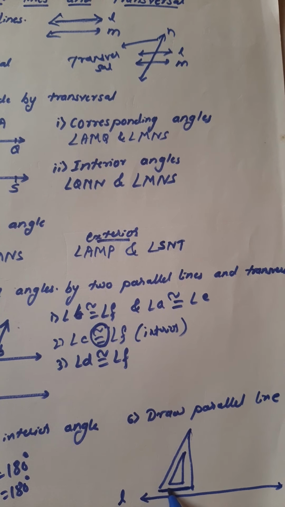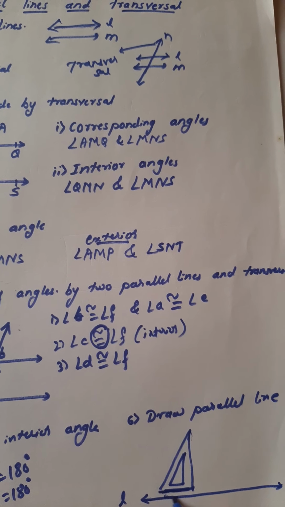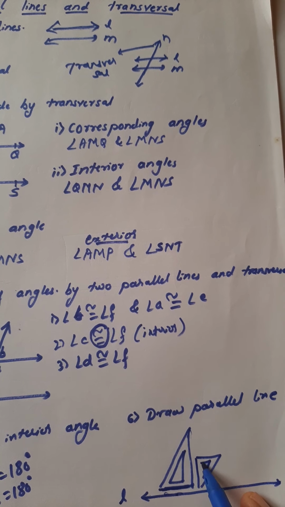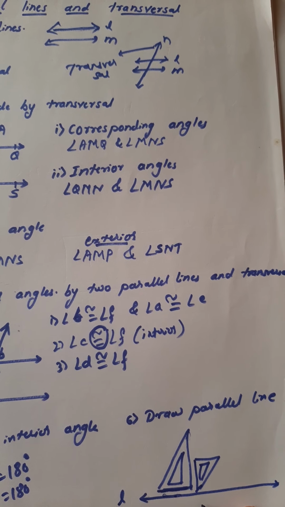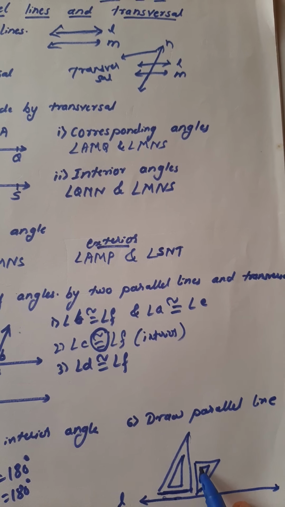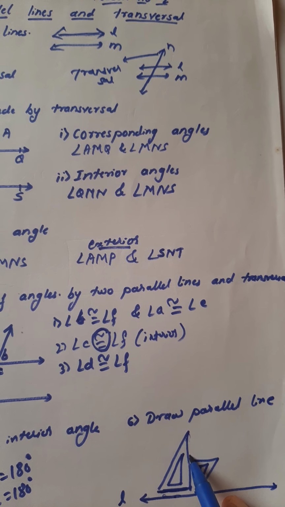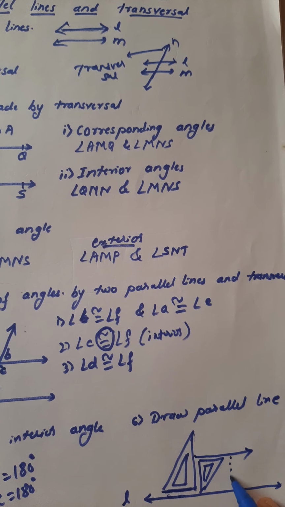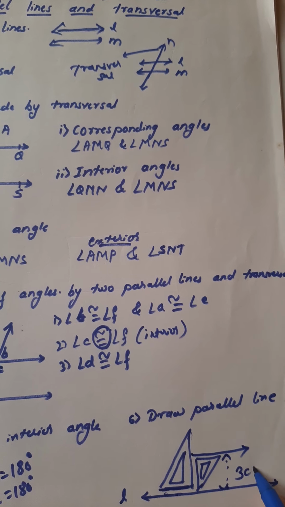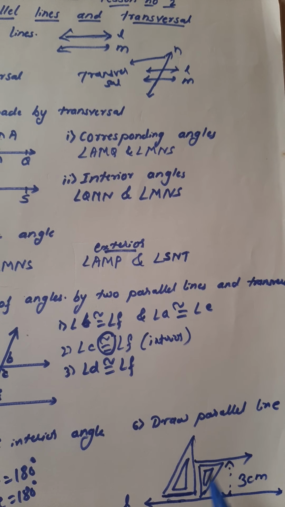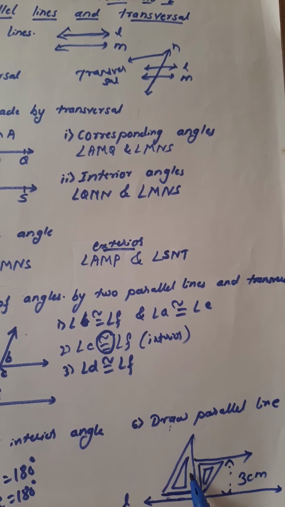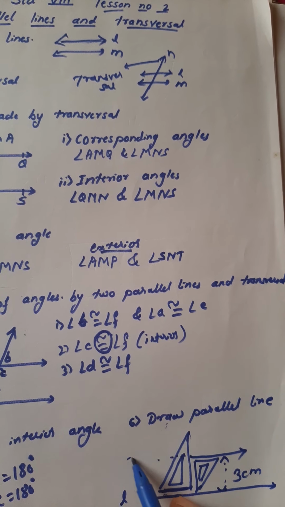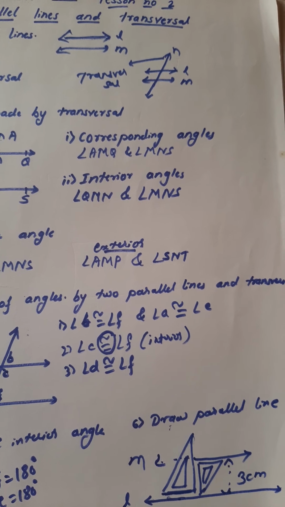You will keep this set square along this line, touching this line, and take another set square of a shape like this. For a given measure, for example 2.5 or 3 centimeter, count it and draw a line like this with the help of this set square. In this way we can draw a parallel line. Then take out the set square and continue this parallel line, and it will be a new line. It is called line M.